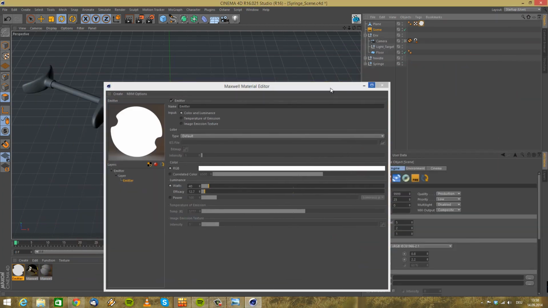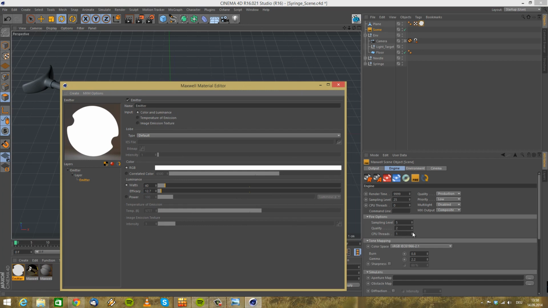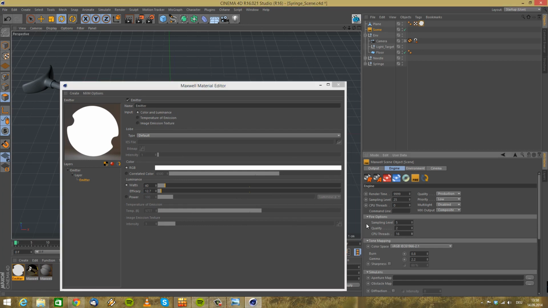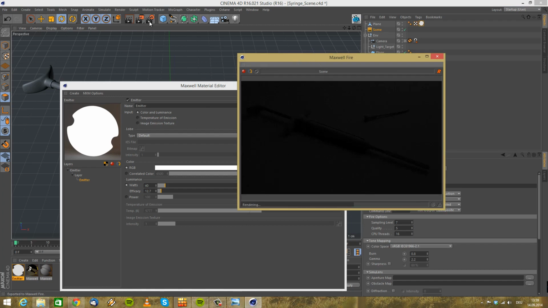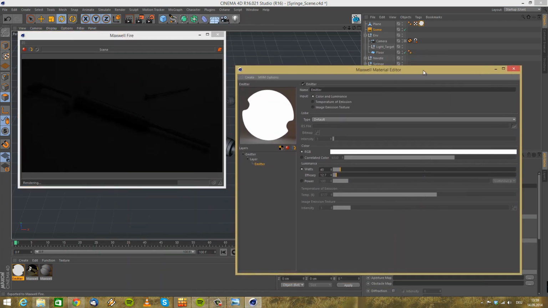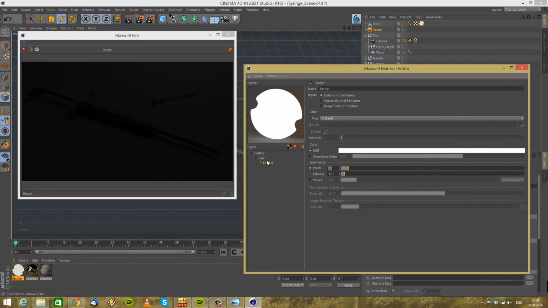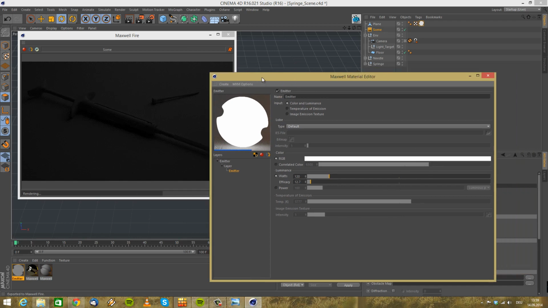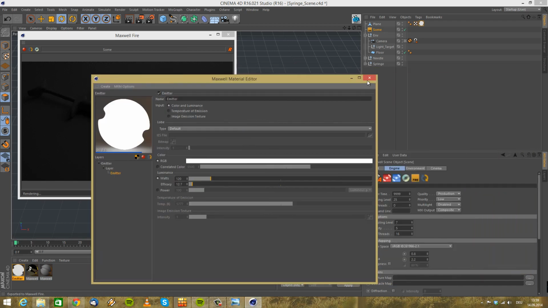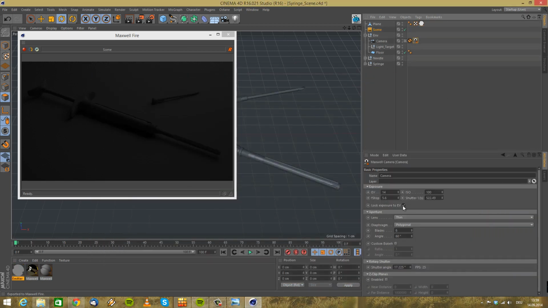Okay, so let's start up Maxwell Fire again, and I think we can here set use RenderRegion. So we'll just simply change this here to 16, quality to, let's maybe make it 5, and the sampling level here to 7. And let's start up Fire. As you can see, we cannot see much right now, but we can see enough, I think. So I will just simply set this here to a value maybe of 120, and then we'll do the rest probably with the camera. So I will just simply jump into the camera tag,